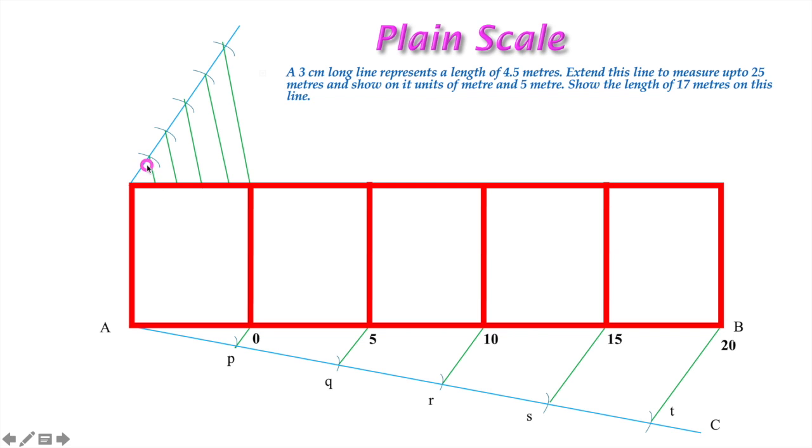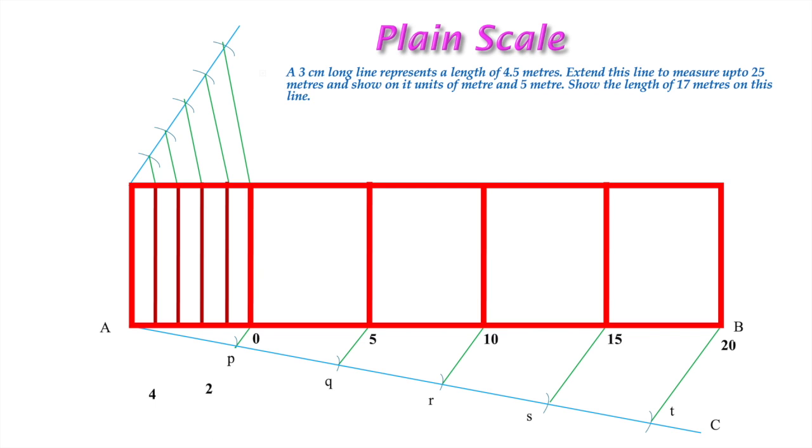Similarly, you can prove that these green lines intersect the line at equally spaced points. Now draw the vertical lines from all these segments. As they are equally spaced and the total length is 5, each segment has a length of 1 meter. So 0, here it is 1, this 2, 3, 4 and this 5. I have not written all the numbers here. So 0, 1, 2, 3, 4.